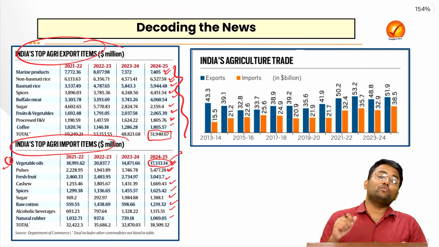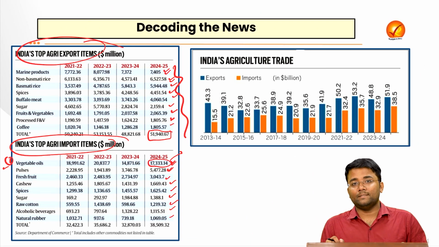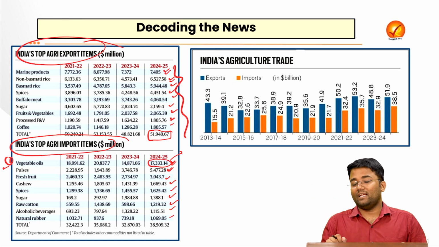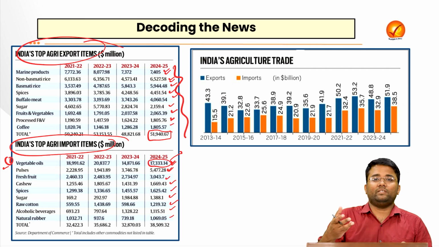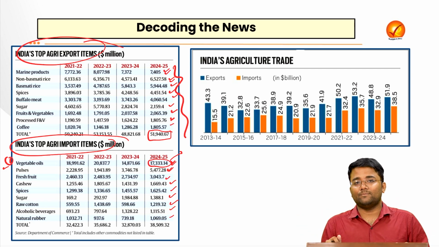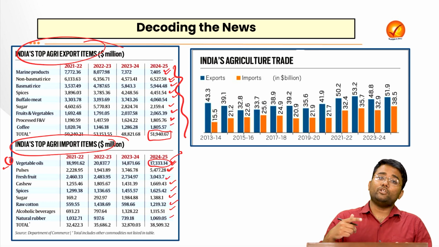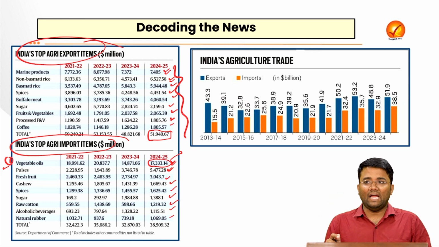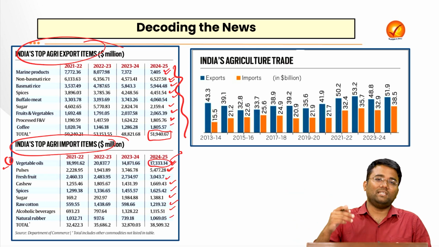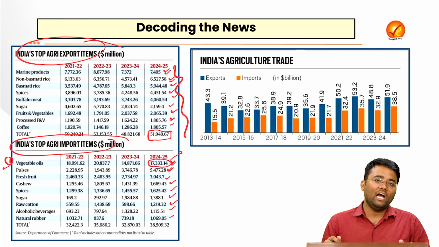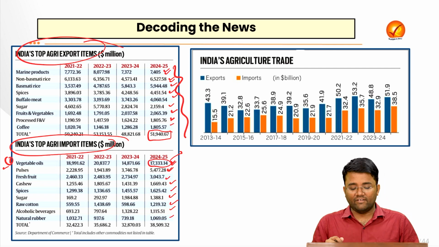In the recently concluded 2025 examination, I told all the students that the National Turmeric Board was established, and there are high chances that they will ask questions related to turmeric. And there was a question on turmeric in the 2025 prelims examination, which concluded a few days back. So whatever updates you are getting, there are high chances that you will get questions on them. All three statements in that question were directly copied from the PIB itself, and we also incorporated them in our discussions.